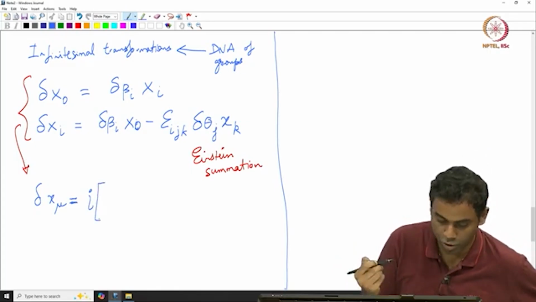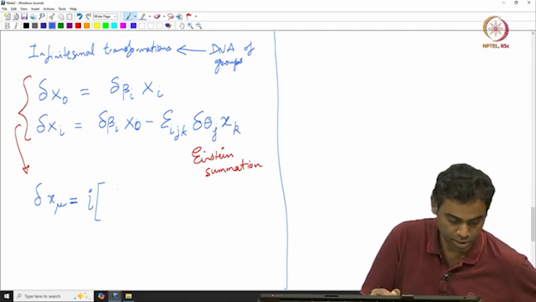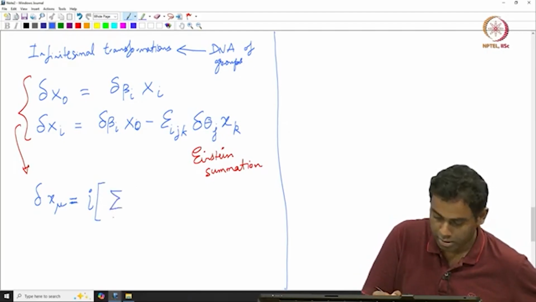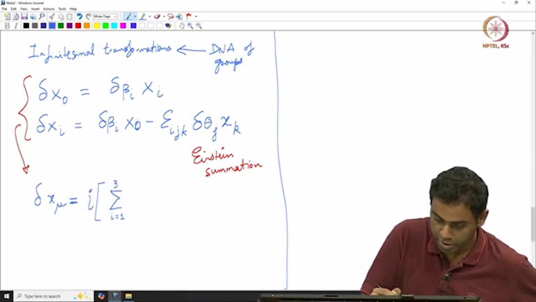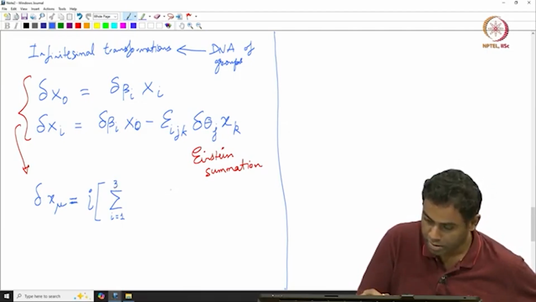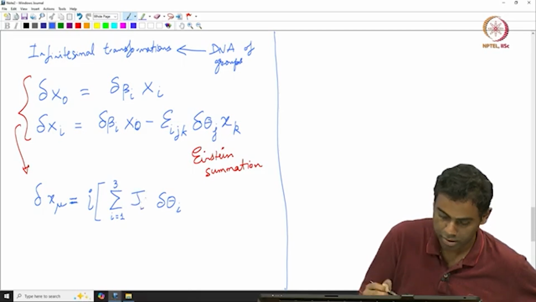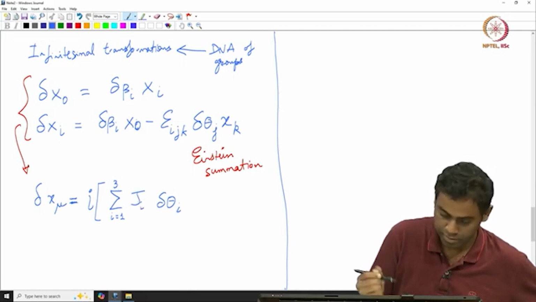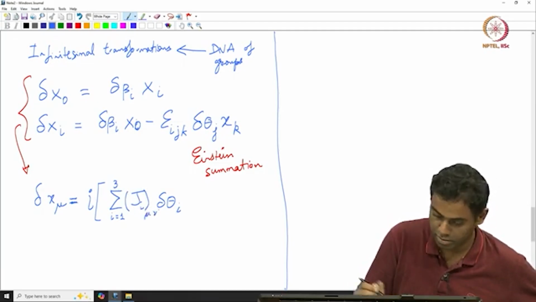First I am going to pull out an I, and then this I is different, this is an index. For the spatial components I have delta theta i, which I am going to hit with a matrix, to represent these rotations,